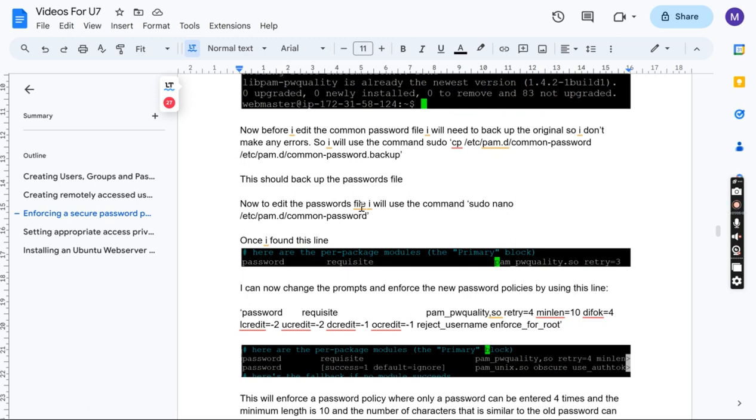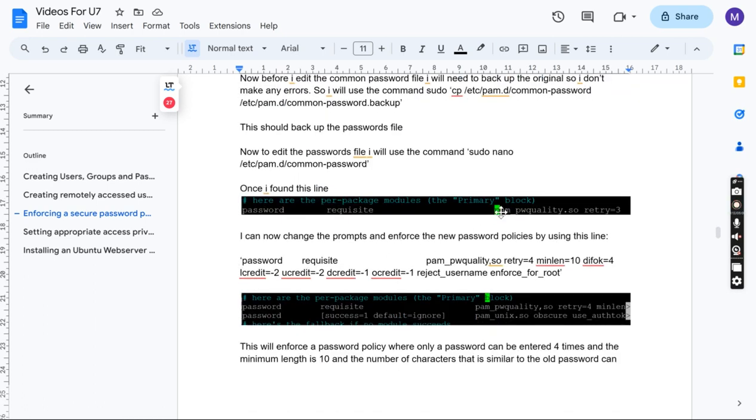Now, to edit the passwords file, I will need to use the command sudo nano /etc/pam.d/common-password. Once I found this line, I can now change the prompts and enforce the new password policies by using this line. Password requisite pam_pwquality.so